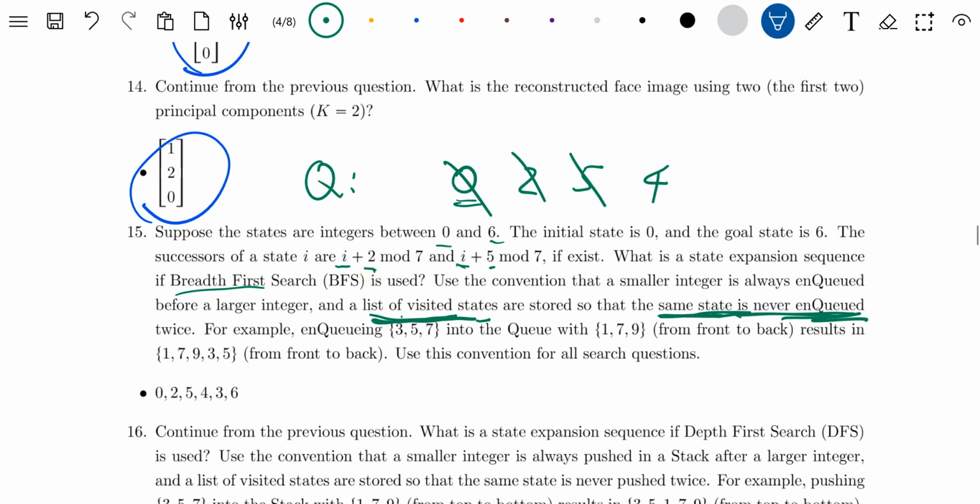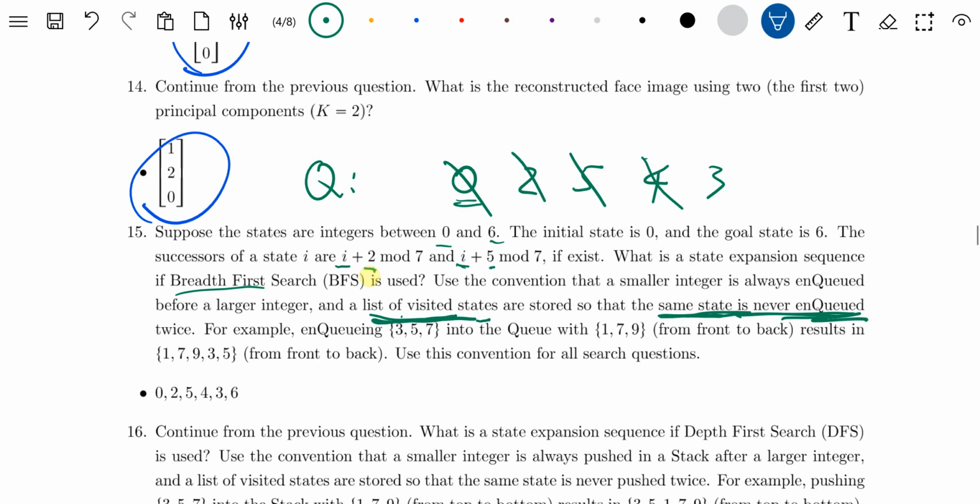And then continue. DQ5. 5 plus 2 is 0. Again, 0 was in the queue, so we are not adding it. 5 plus 5 is 10. 10 mod 7 is 3. So let's put 3 here. And DQ4,